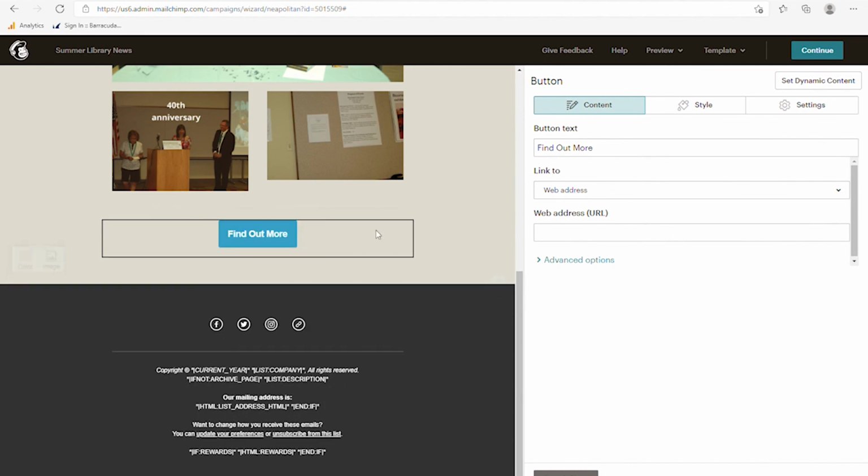And I can edit this Find Out More button that we have here at the bottom. Right now, this is set to link to a web address. I can change that to have it go to an email address, anchor link, which would jump to somewhere else in the file, or to download a file. I'm going to leave it a web address, but I will change the title. Say,